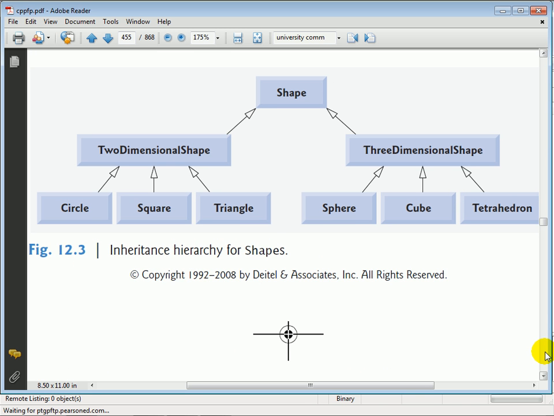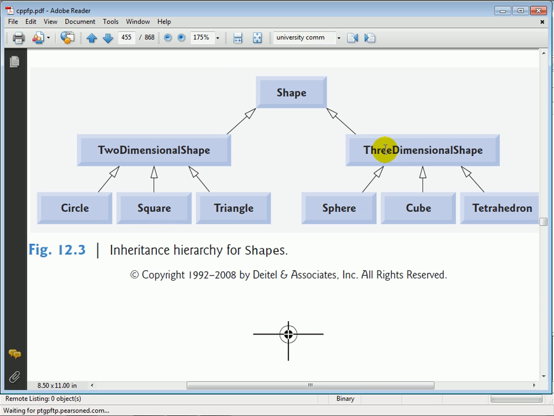So here is a shape hierarchy, and you can see here in our shape hierarchy that we have a base class called shape at the top of the hierarchy, and that's going to represent all of the things that are common about shapes. For example, all shapes have color, and so we might define not only the data representing color in the shape class at the top of the hierarchy, but we would also define any member functions that are needed to manipulate the color at that level as well. Then we can inherit all of that into our derived classes, two-dimensional shape and three-dimensional shape, which are two different